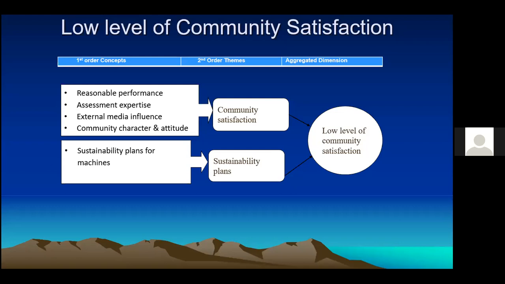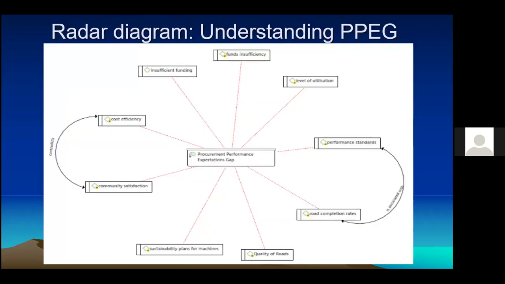There were also no sustainability plans in case the warranty period of the 3 years for the machines elapses. They have a feeling that the district governments won't manage to look after these machines, and therefore these machines will be completely grounded. Chair, this is the radar diagram trying to depict the stakeholders' understanding of the performance expectation gap,